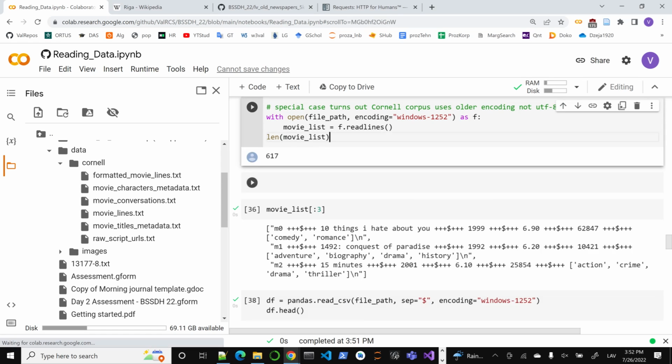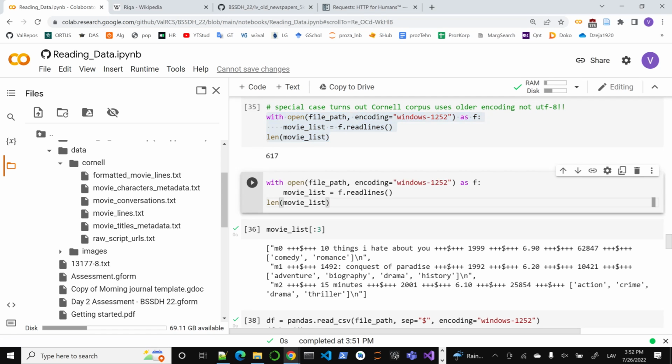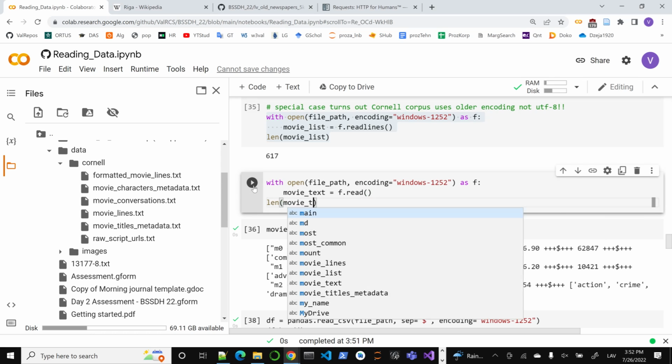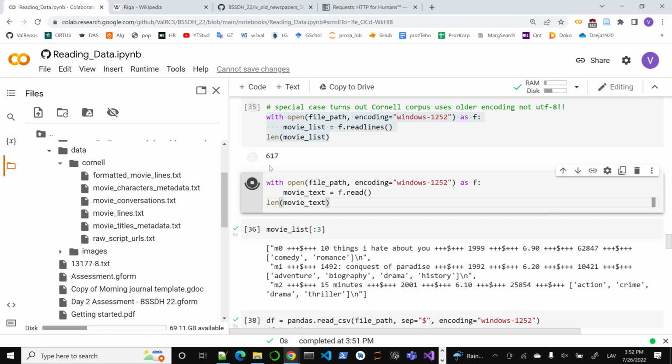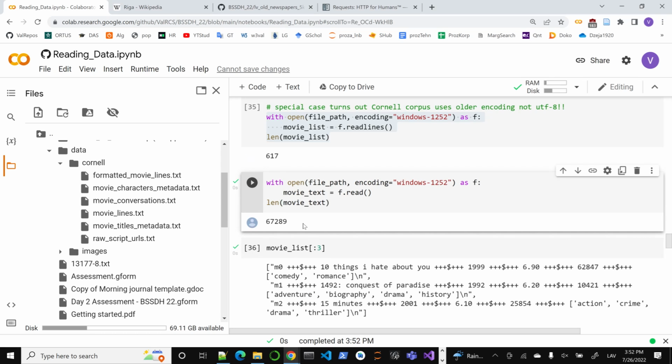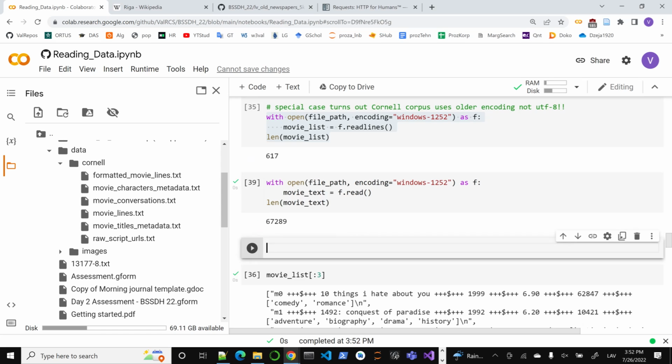So instead of a list, I will open up movie text, read. Movie text, movie list. So len of movie text, right? This is right. So that's all the symbols. What we could do, as we remember from string operations, is clean text will be movie text